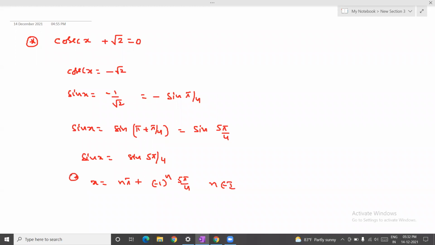Sir, I have a doubt. Sine and cosec are also negative in the fourth quadrant, right? Yeah, that's the reason. If you substitute n equal to 0, you will get the third quadrant value first, and if you substitute n equal to 1, the fourth. So instead of writing sin x is equal to sin of pi plus pi by 4, we can also write sin of 2 pi minus pi by 4. That means instead of starting with the third quadrant for n equal to 0, you will get the fourth quadrant value directly.